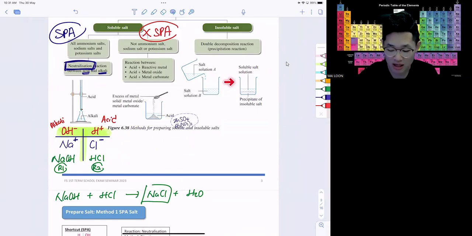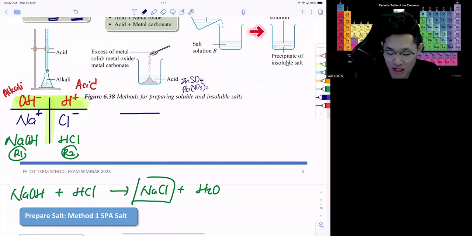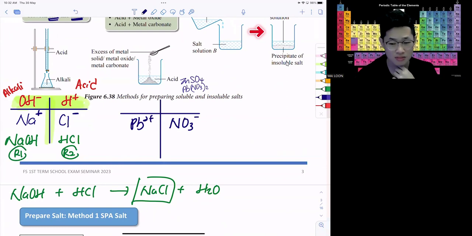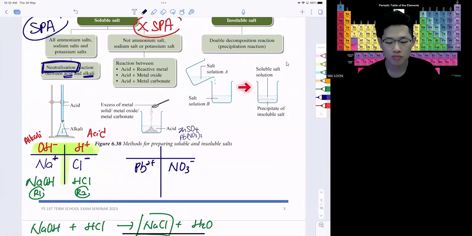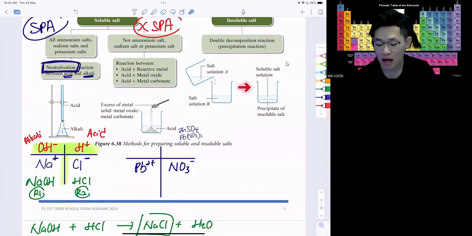Let's say I want to make lead-2 nitrate this time. So to make lead-2 nitrate, I put the lead-2 ion and nitrate ion into the cross. To make this type of salt, they say we can have reactions like acid with reactive metal, acid with metal oxide, or acid with metal carbonate. So I'm going to call them as